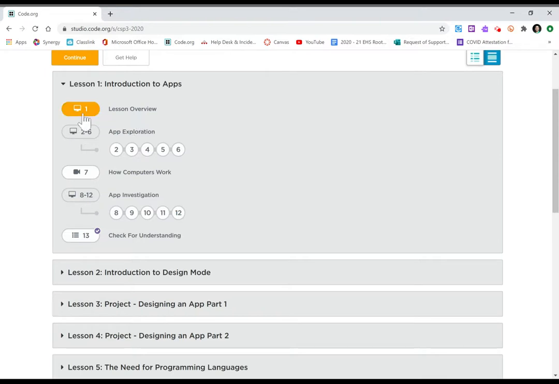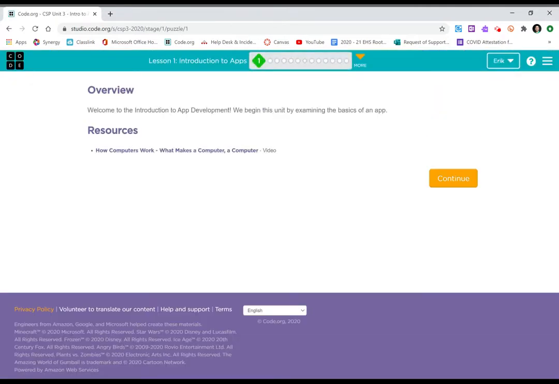So we're going to go to lesson 1, level 1 by clicking the number 1 bubble, and it's the lesson overview. And you're going to see the screen change, and it changes pretty significantly. We see an overview that describes what the lesson is about, and we also have some resources here. Notably, at the top, we have a lesson